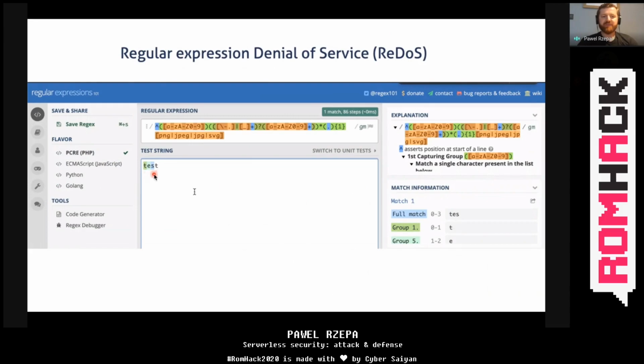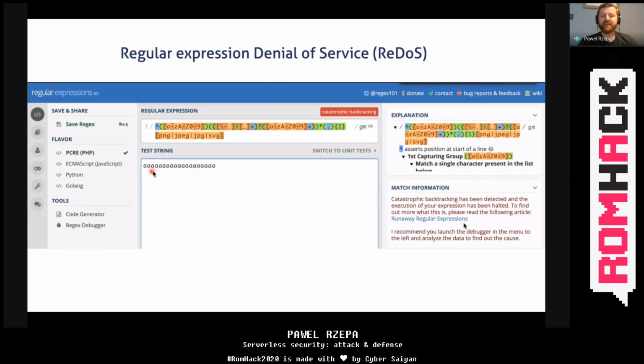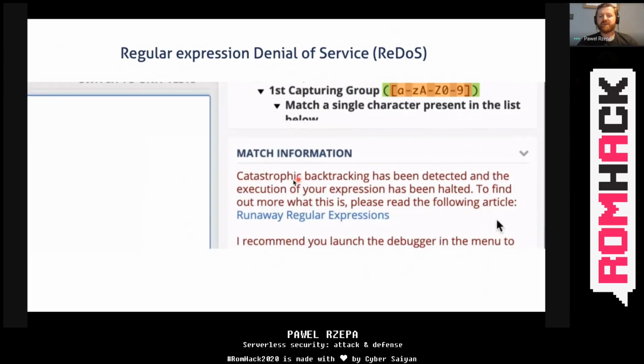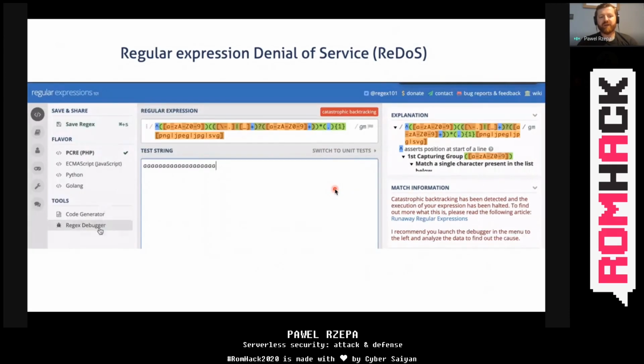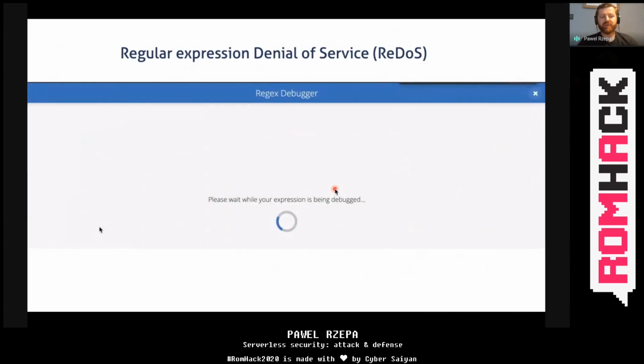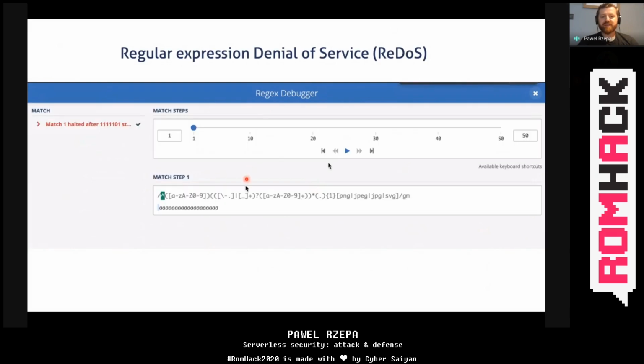And if we analyze this regular expression, you would see that if the name of the file is test, there's no match, which is good. If test PDF, there's again no match. And test PNG, yeah, there's the full match, which is good. However, if the internal user named the file like this, with many A letters, then you would see the catastrophic backtracking. And catastrophic backtracking is supported by most regex engines,